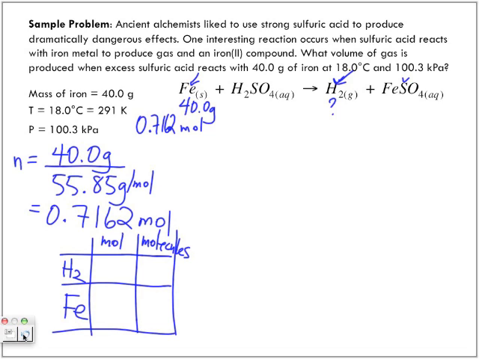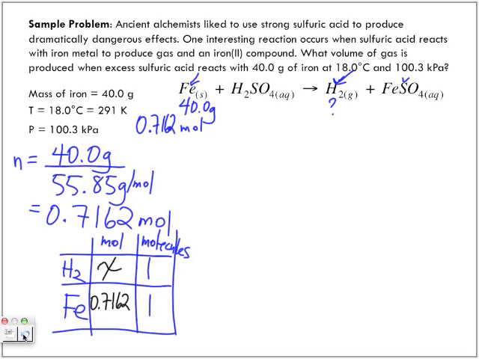So it's a 1-to-1 ratio, so 1-to-1. What were the number of moles of iron? Well, the number of moles of iron, we just found, 0.7162. We are trying to find the number of moles of the actual gas that is produced,